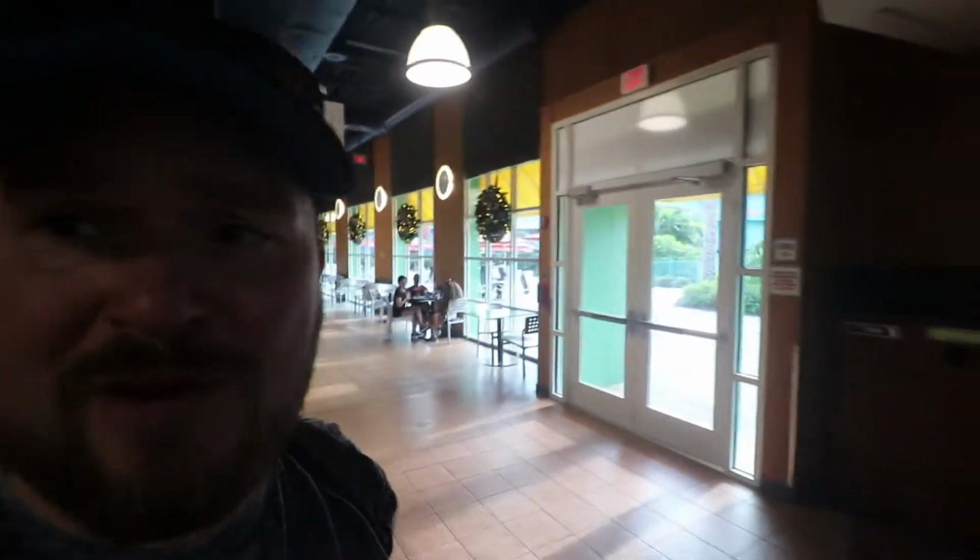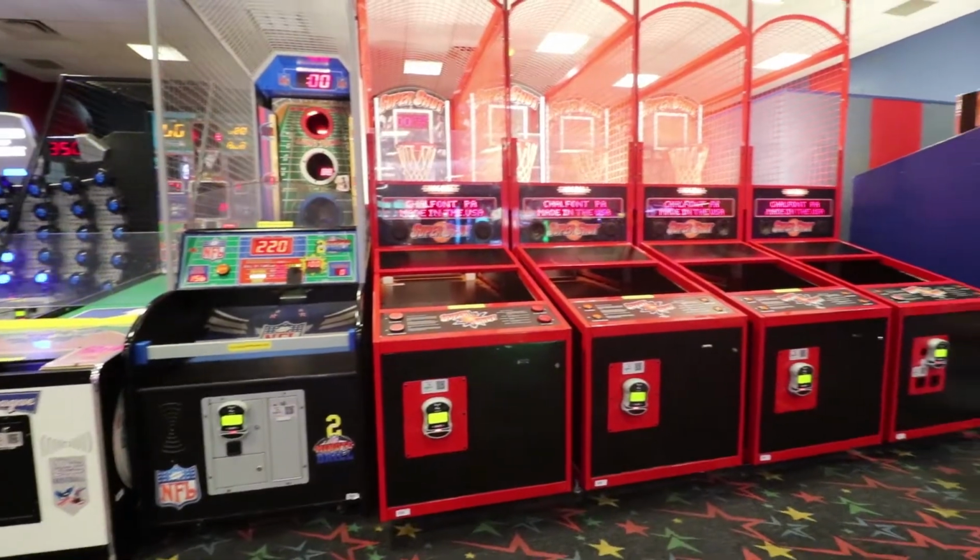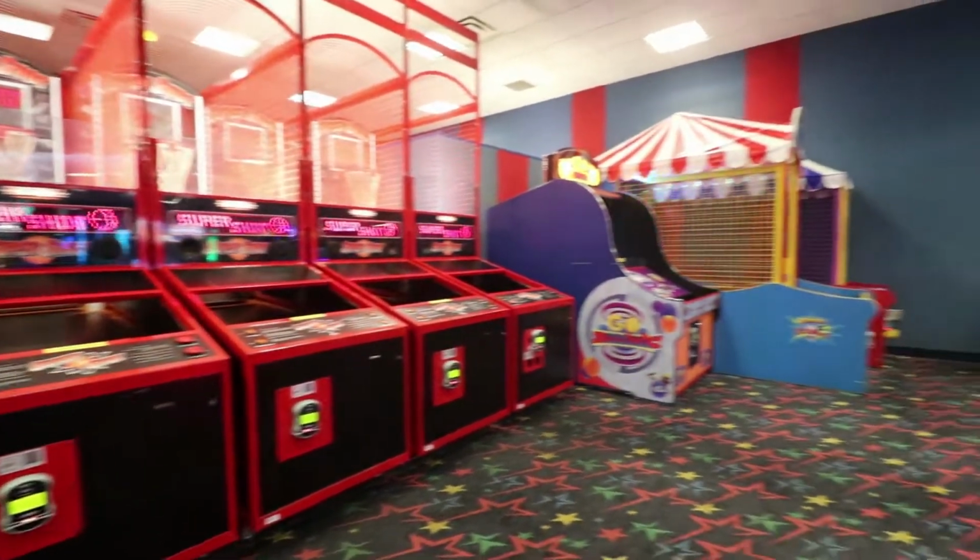As well, guys, as I'm walking up here, there is a bar in the cafeteria, for all of your adult beverage needs. The bar also connects outside to the pool, so we'll check that out when we get outside. And if you end up inside, cooped up, maybe it's rainy, maybe you don't go to the parks or anything,